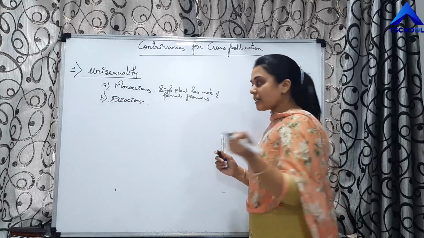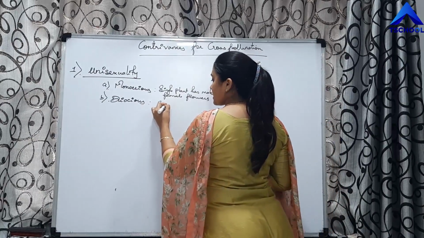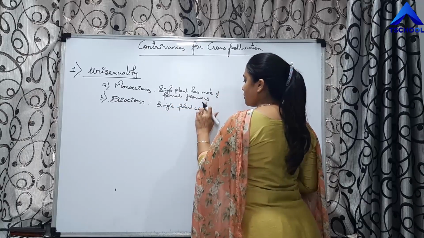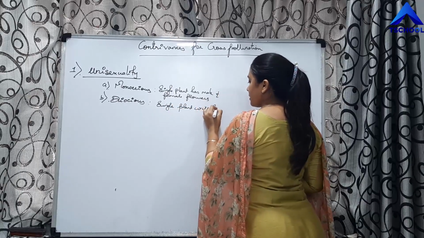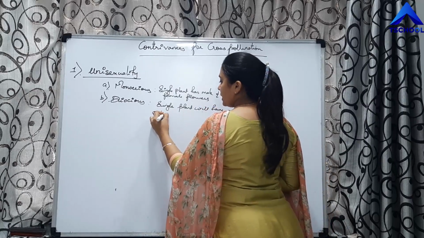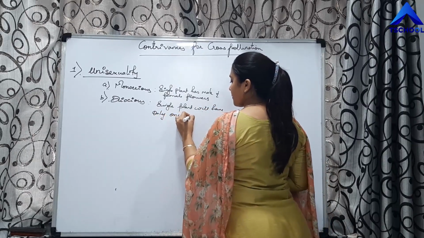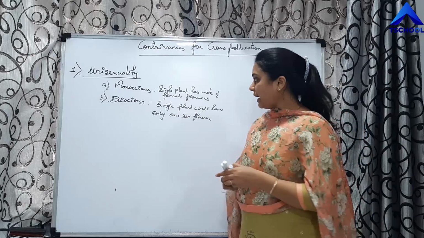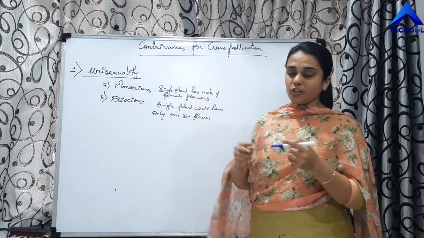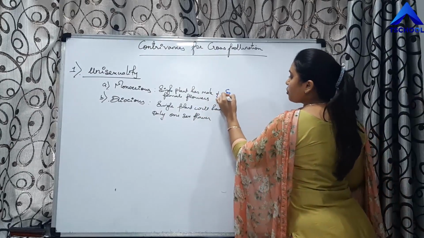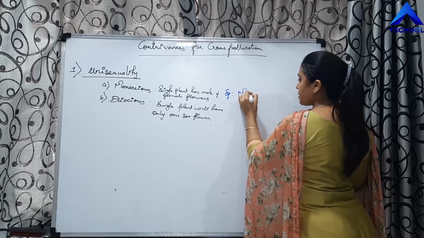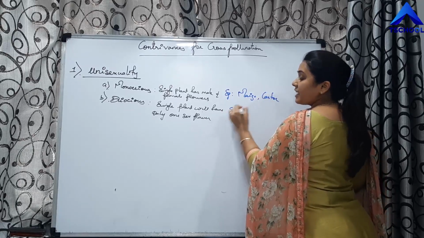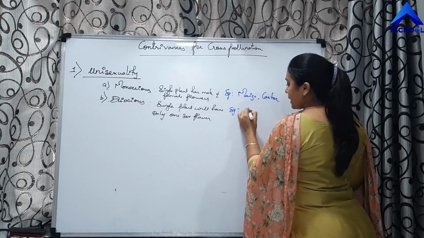There is a male plant and there is a female plant, which means a single plant will have only one sex flower. Example, in both the cases, right? It will favor cross-pollination. Examples of the monoecious condition are maize, castor. Examples of dioecious plants are papaya